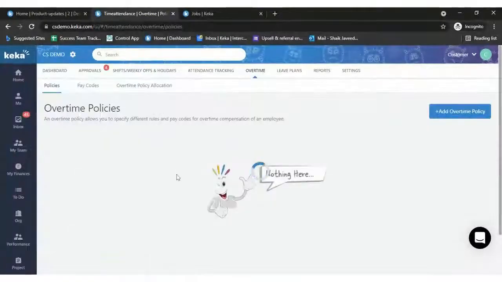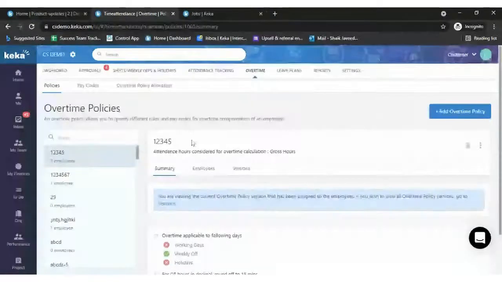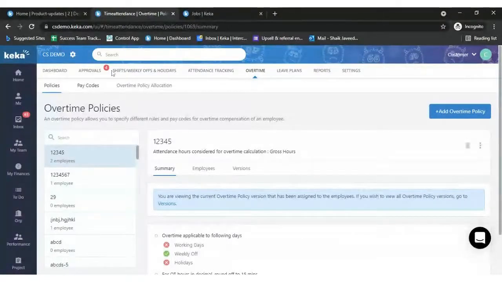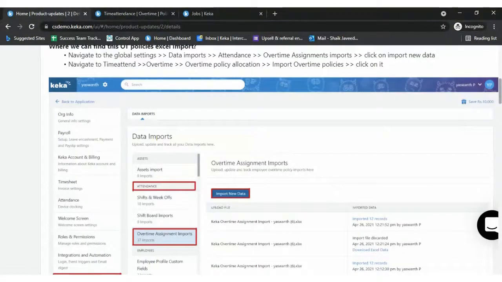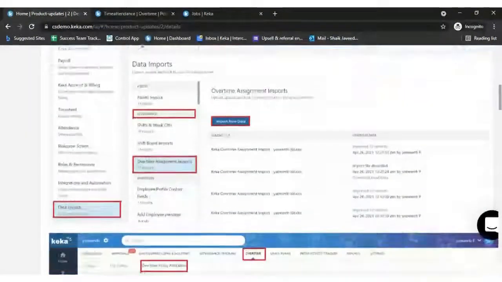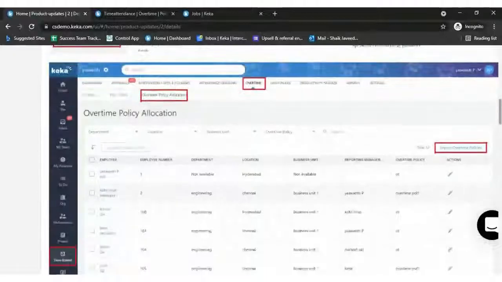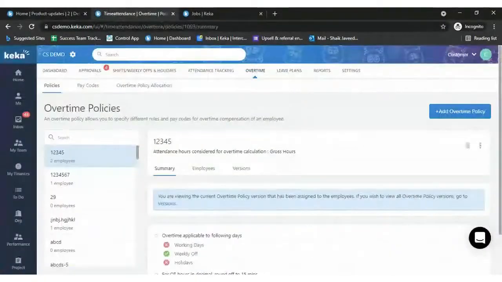In case you have an overtime policy in your company and you want to assign it in bulk, earlier we didn't have the feasibility to allocate the overtime policy in bulk. Now we have the option under Time Attend, Overtime, and Overtime Policy Allocation.